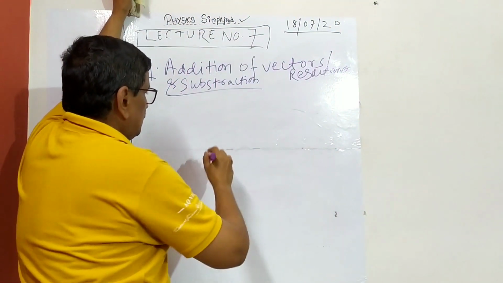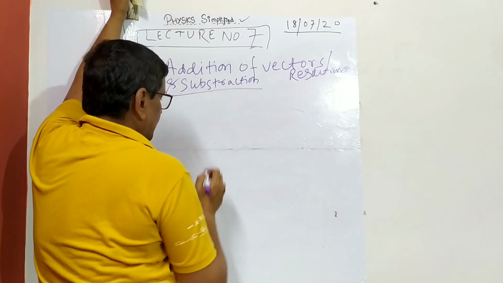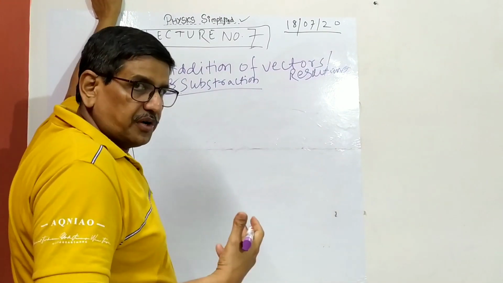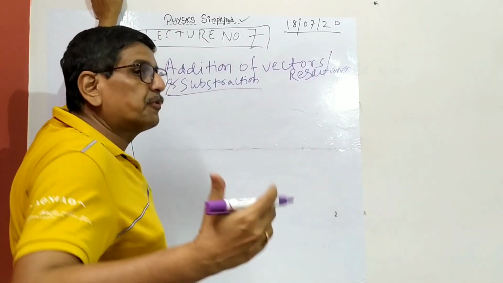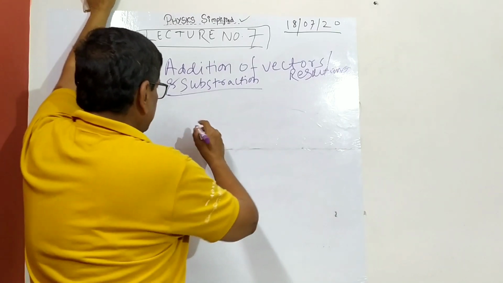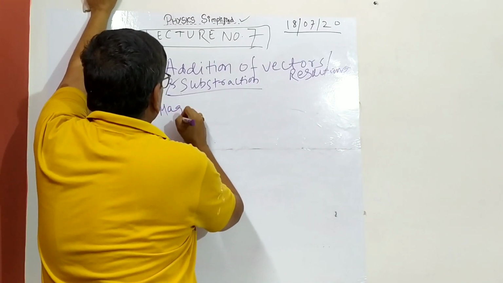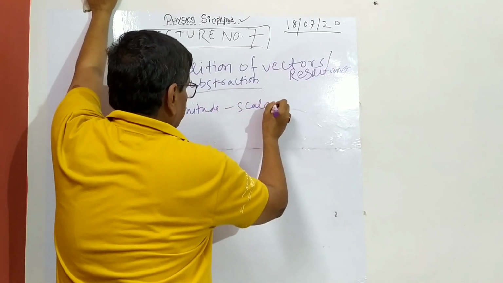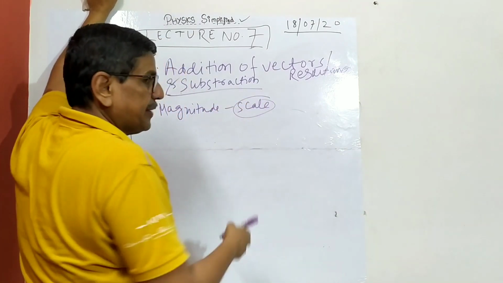Addition. Suppose that is a point, and now we all know vector. How can you represent it? So we'll put it to some scale. The magnitude is put to some scale on the paper. Otherwise, there is a magnitude which will deal with the parallelogram theorem.